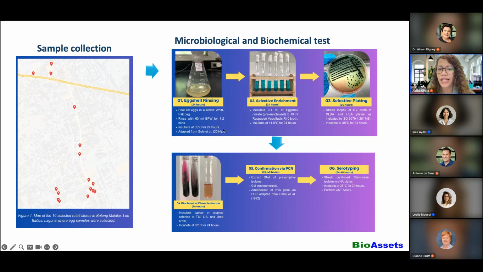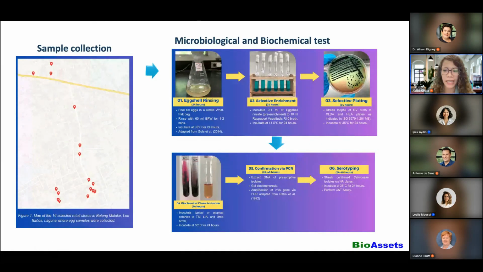After that, we used a selective enrichment, specifically Rappaport-Vassiliadis broth, and then streaked a loopful of it on XLD and HEA plates. After that, those presumptive salmonella were characterized using biochemical tests, then confirmed by PCR and then sent to our lab for